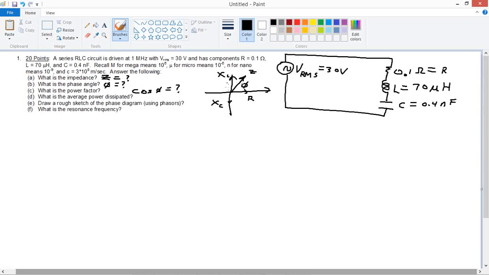So, to get the power, we just take IRMS, VRMS times the cosine of the phase angle. You can use other things. For example, V squared. We know what V is. So you go V squared over Z cosine phi. You could do that, right? That is power. Okay, here's the phasor. Done. And then the resonance frequency, which is